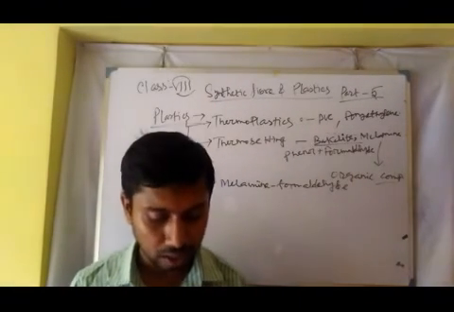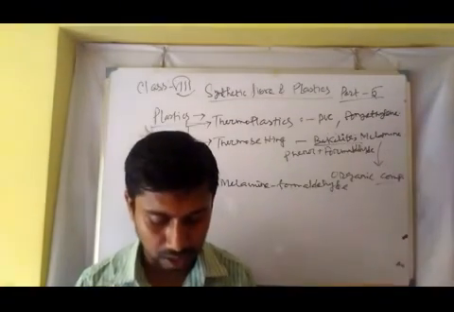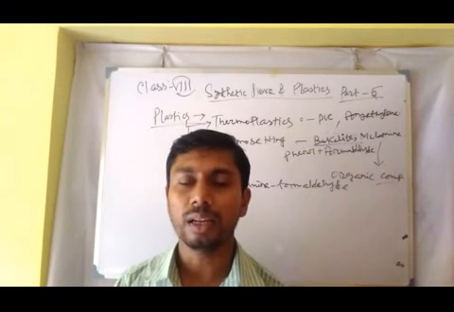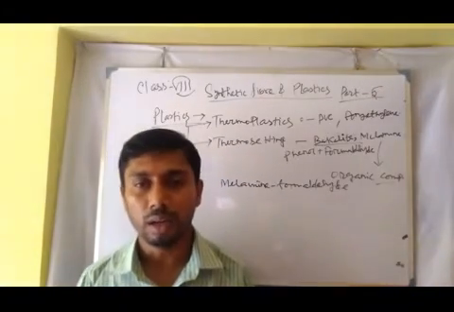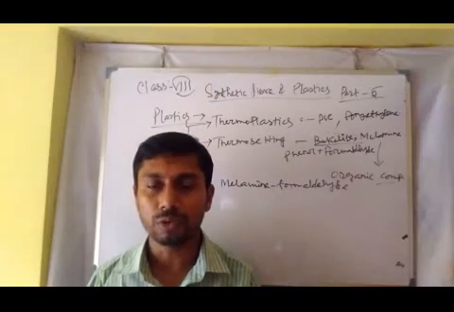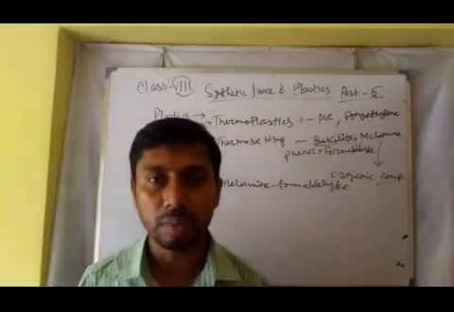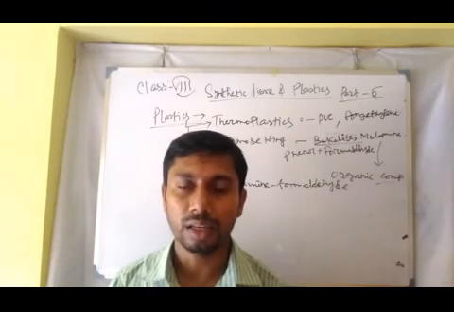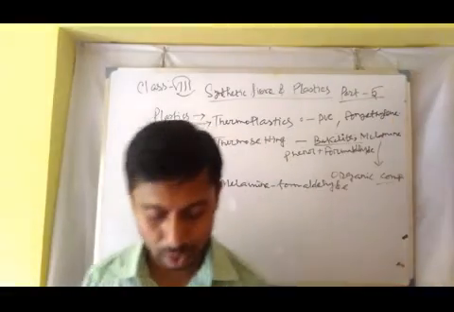So plastic, thermoplastic and thermosetting plastic, and some uses. Thermoplastic can be molded again, so it is used for low cost materials, that is polythene bags and carry bags, etc. And thermosetting is costlier and used for sophisticated purposes. Also the derivative of melamine is shock resistant, and for this reason it is used for the production of electric switches.